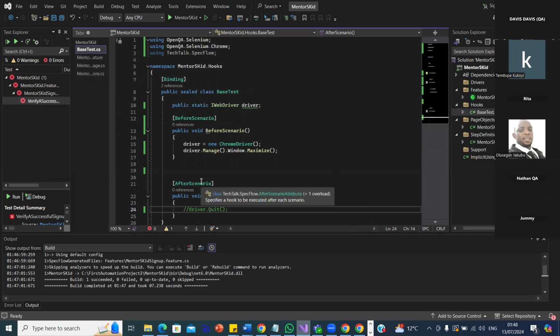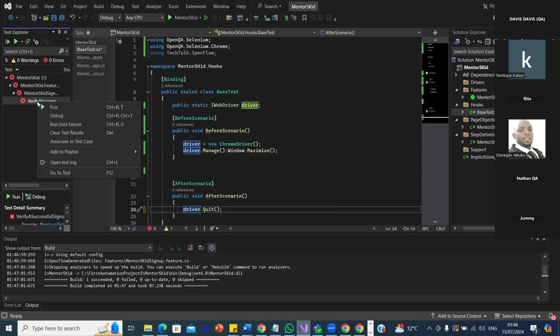Why did you comment it? Rita, I'm trying to so that they can see every one of those lines, one after the other. You can complicate matters. No, let me explain. So that somebody will not come and say, Rita, they did not teach us this one. You can remove it too. But go and open the test log just for us to